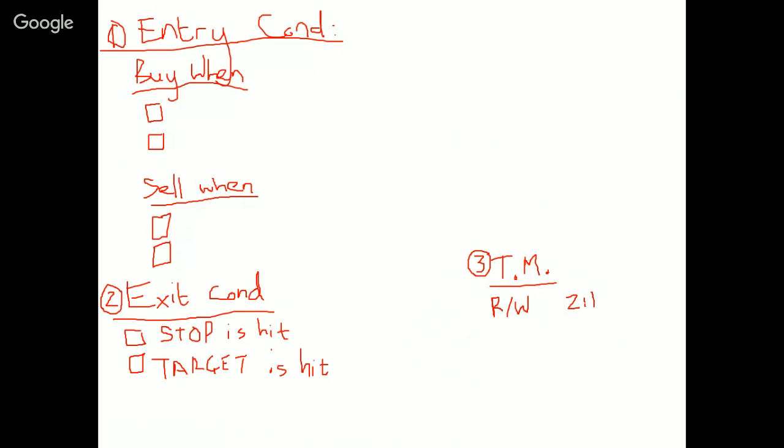Let me help you guys start it off. Stop loss is placed at